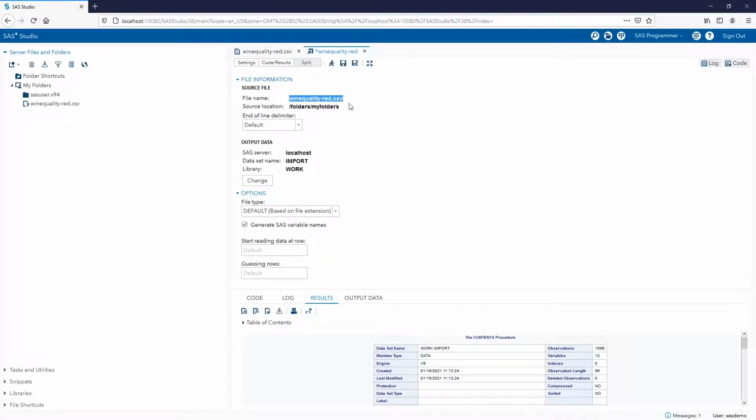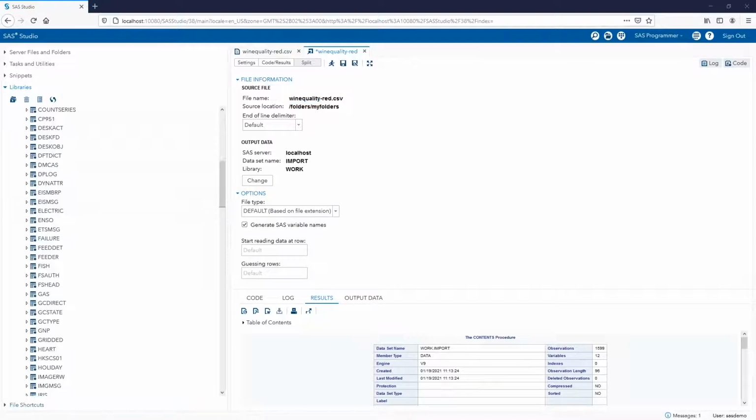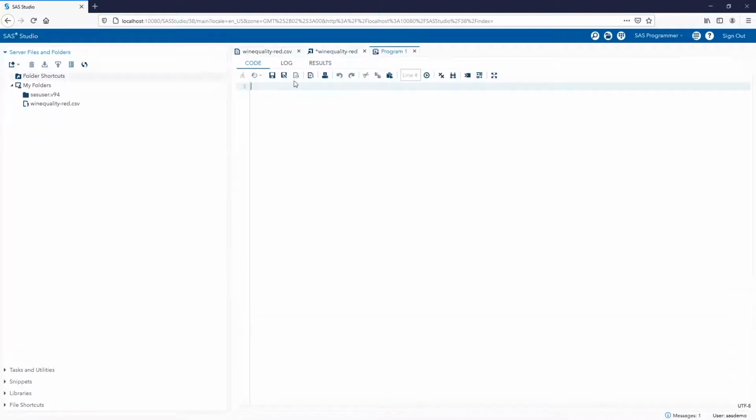I would like us to have a look at another data set, namely the open data sets that are stored as part of SAS Studio, and with those, investigate skewness and kurtosis. So let's go and have a look at those data sets that are built into SAS Studio.